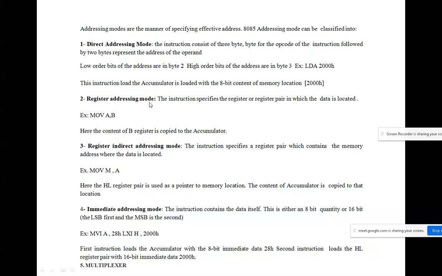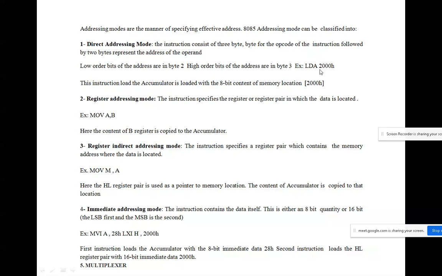So register addressing mode means using the register you will be addressing the instruction. Okay, for example, move A comma B. For direct addressing mode the example will be LDA 2000H. So 2000 is the address.